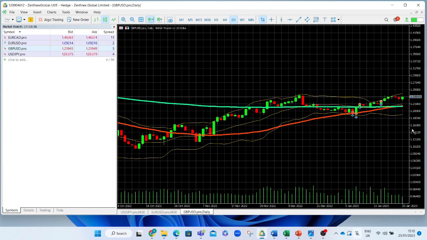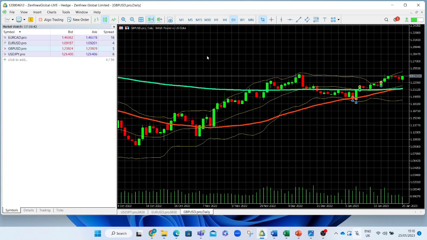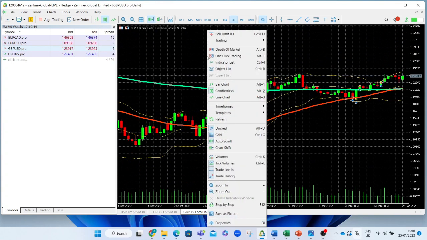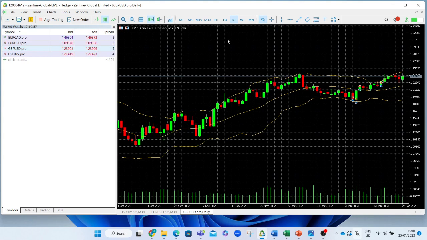And if you find that you're getting a little bit confused and there's too many things going on, you are able to right click on the chart and go to your indicator list and say that you would like to remove one of the moving averages or both moving averages,